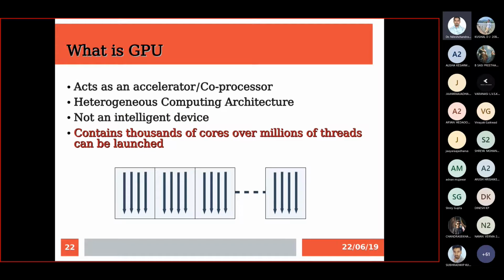Next point is how many cores we can have on a GPU. As a simple question, for those who have already worked on GPU, or have some basic idea about GPU, at least those who played games on a GPU, you have definitely seen the configuration of the GPU. How many cores did you observe on your own GPU? Can anyone tell me, or what would be your guess? How many cores can you have on a GPU?